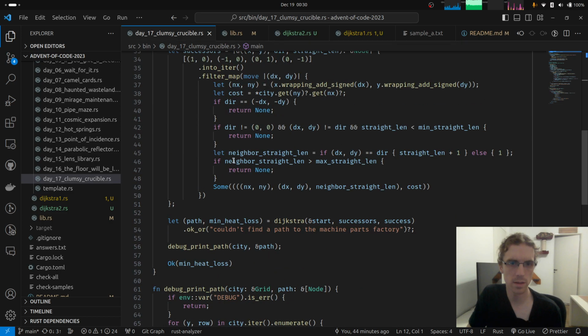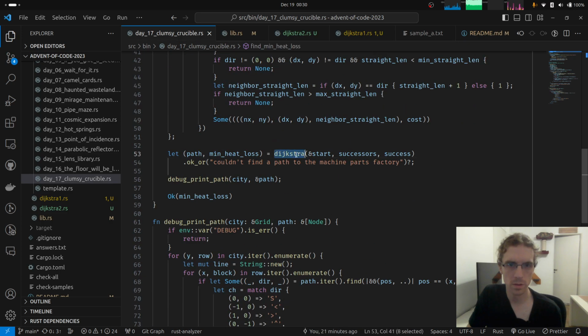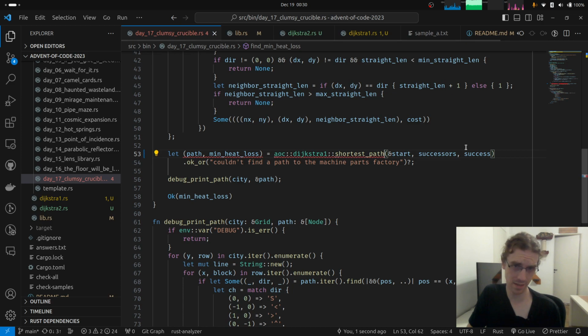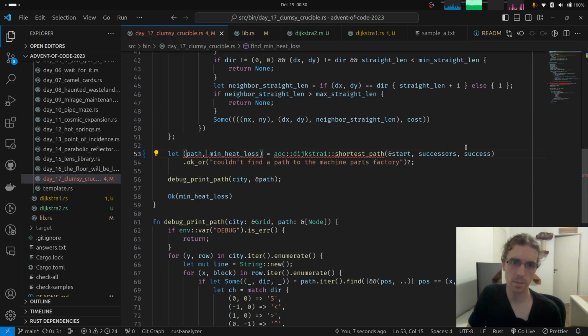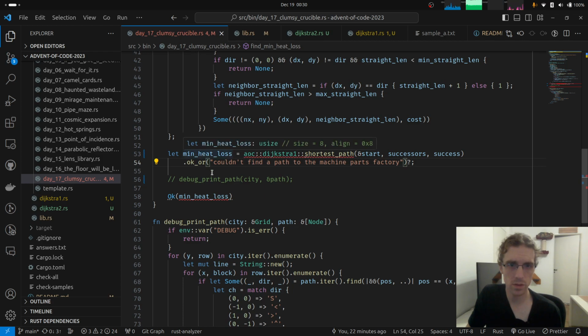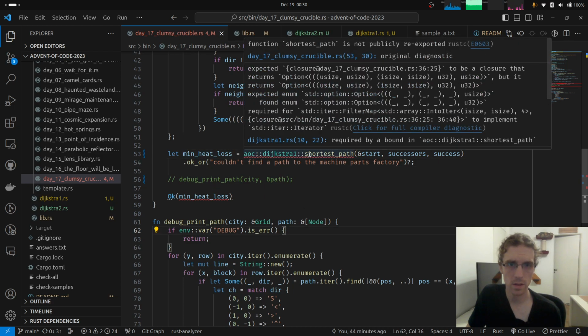Sure, let's try this out here. So instead of using this Dijkstra, we're going to use our own AOC Dijkstra 1 shortest path. Pass these things, and it's not going to return the path. So we can get rid of the path and comment this, and this is returning a usize.